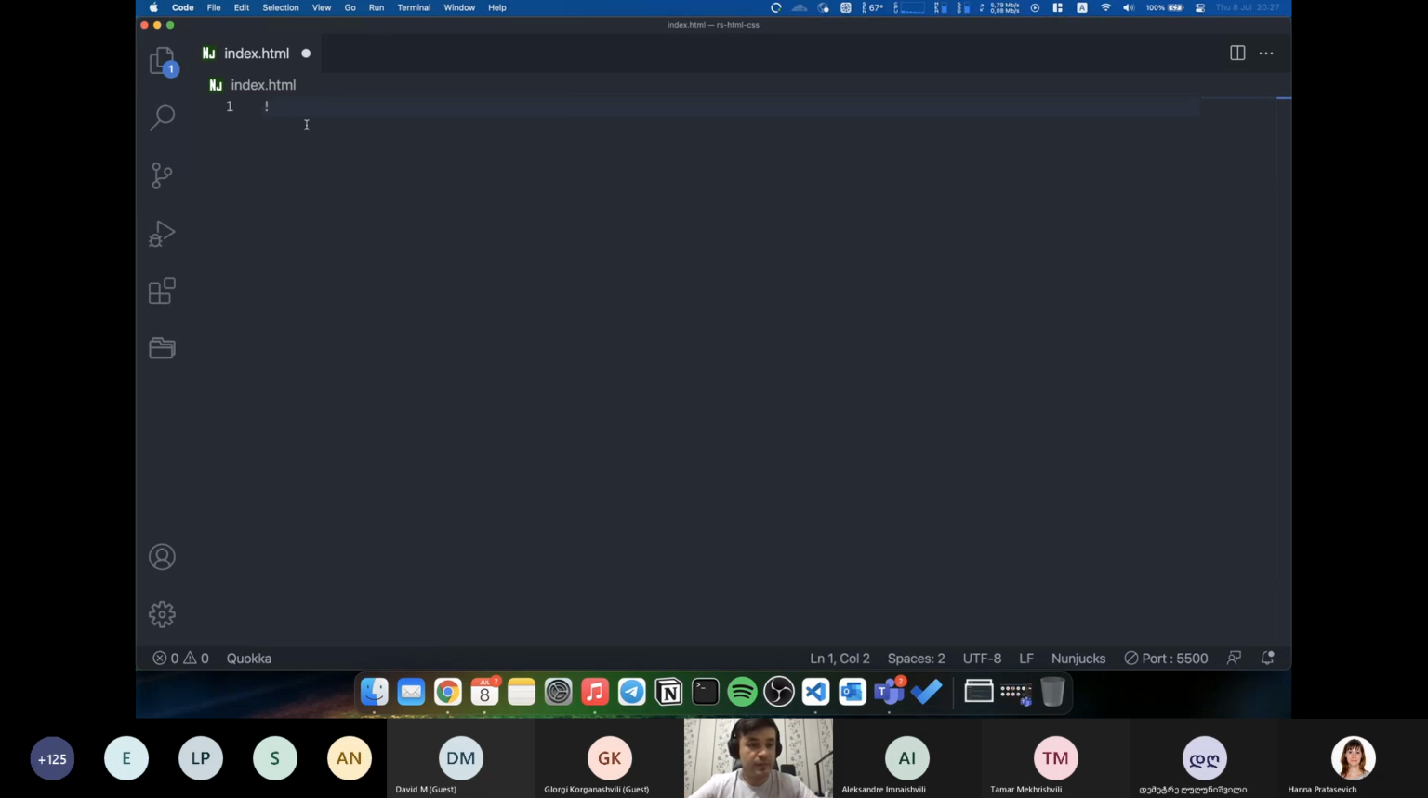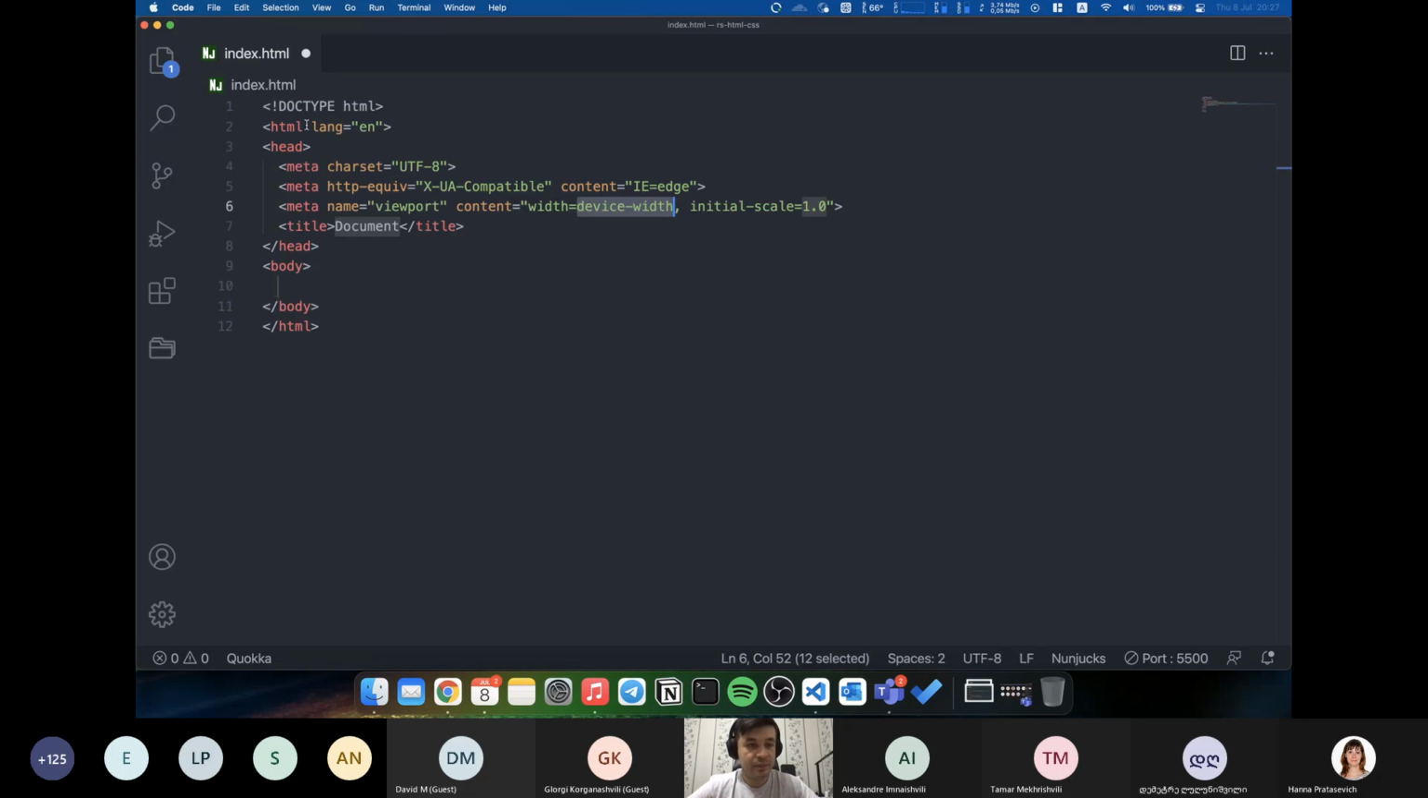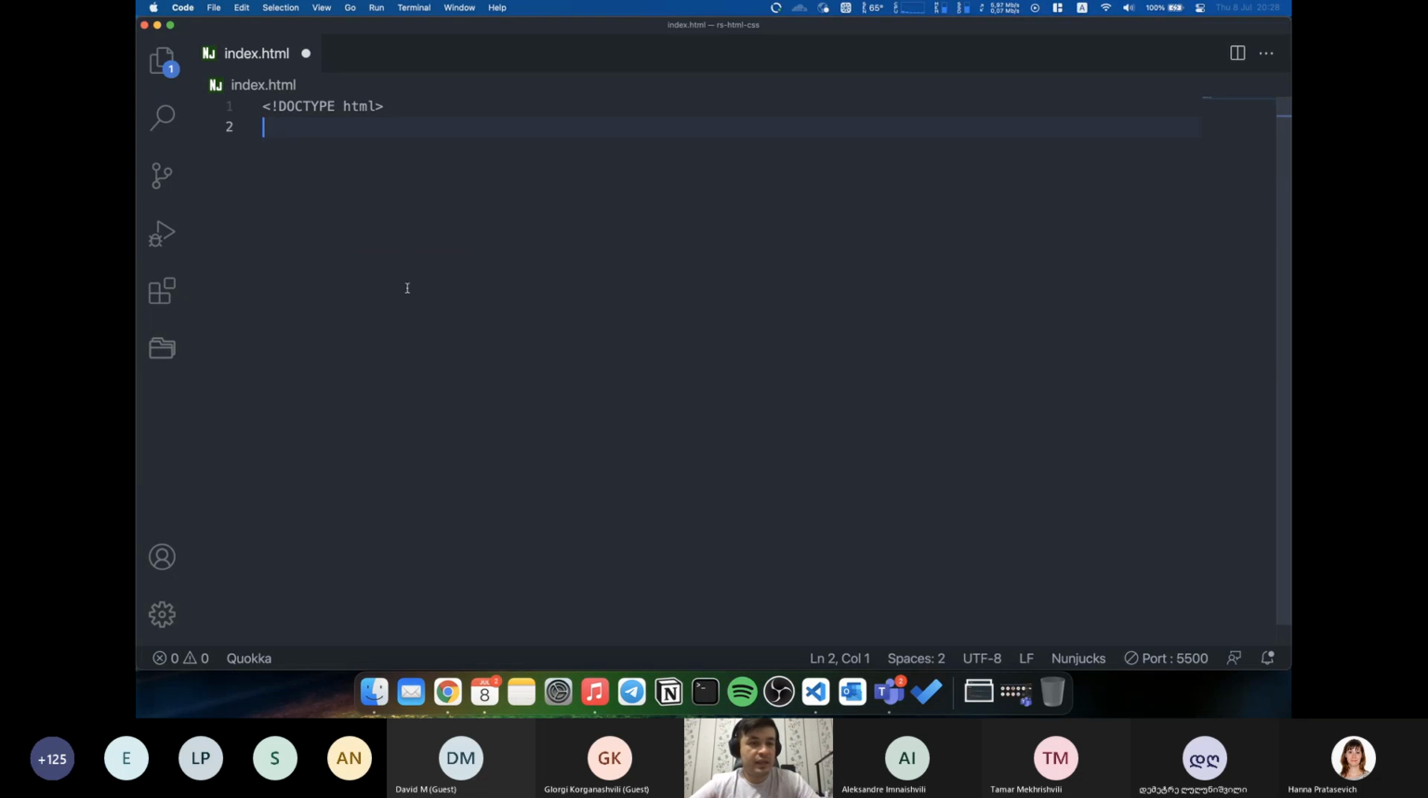I wrote the exclamation mark and pressed tab, and the first structure appeared for myself here. It's the comfortability of this Visual Studio Code, but in your notepad you can write your HTML file like this. The first thing that you should mention here is the doc exclamation mark doc type HTML